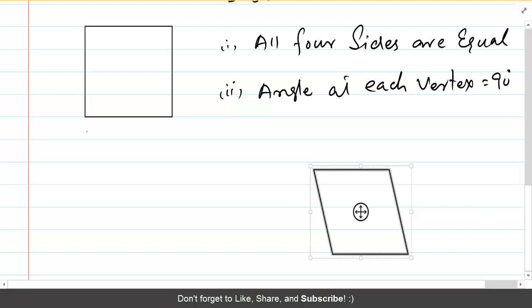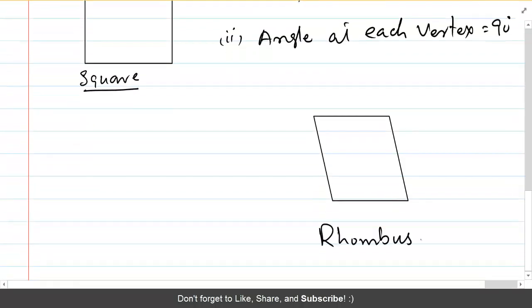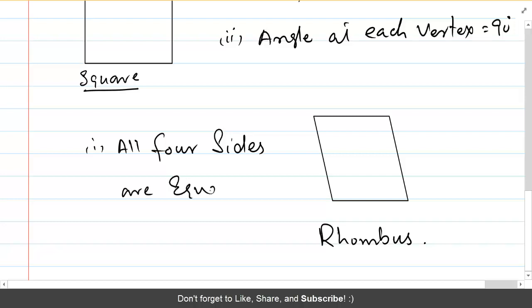So if we call this a square, and this a rhombus, what is special about the rhombus? It has all four sides equal in length,